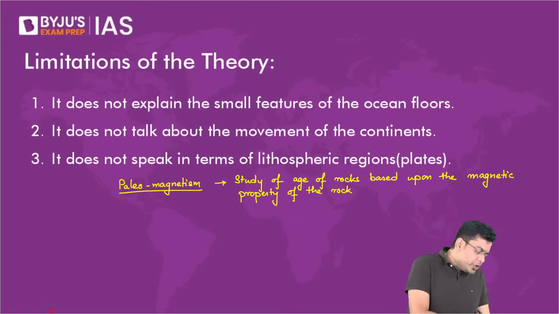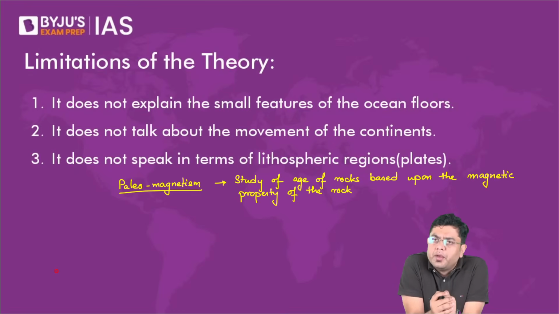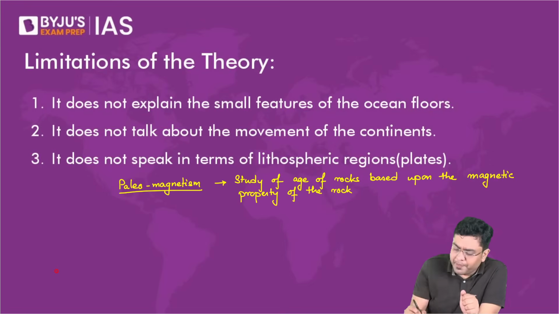Whenever you have creation of a new rock, how is it that a creation of a new rock happens? What is the primary rock that gets created? What do you think? Igneous. So how is it that the creation of igneous will happen? By volcanic, okay. Cooling down of lava or magma, right? Can we say that cooling down or solidification of molten materials will lead to the creation of a newer rock? Good. Hold that thought.